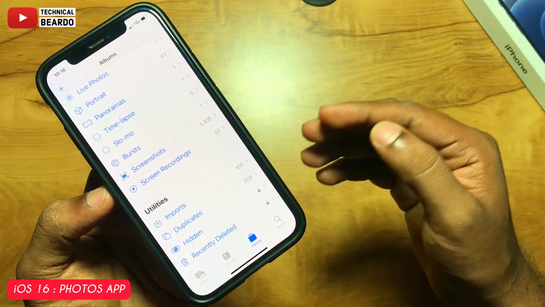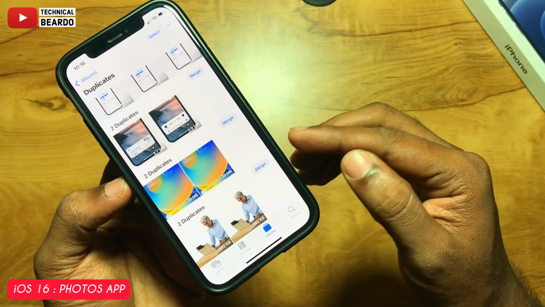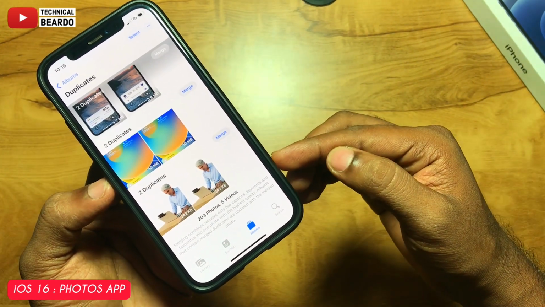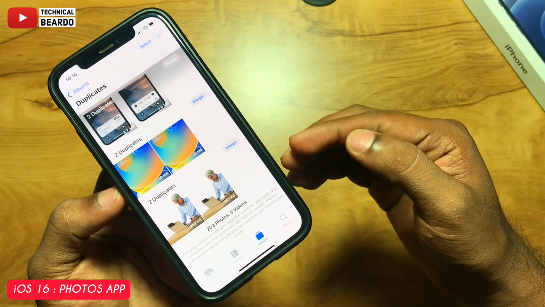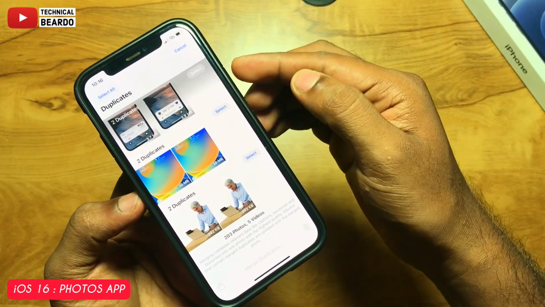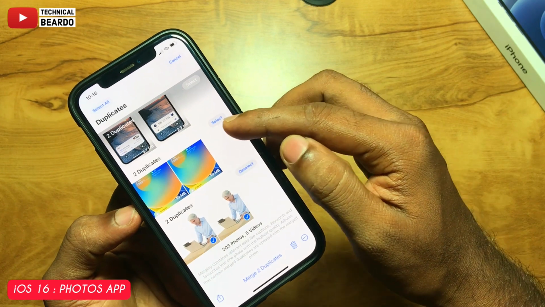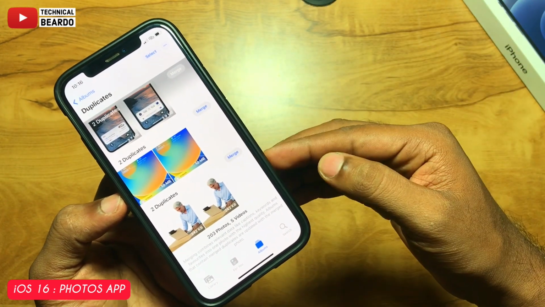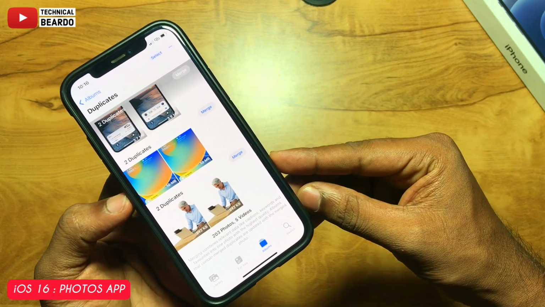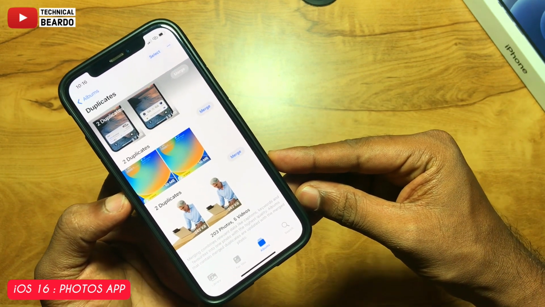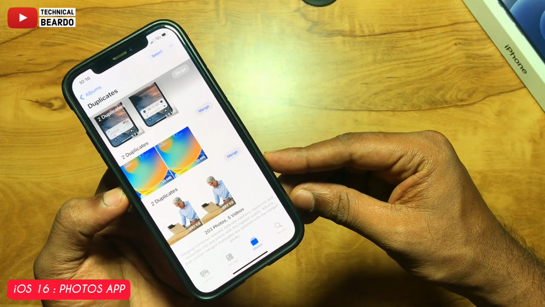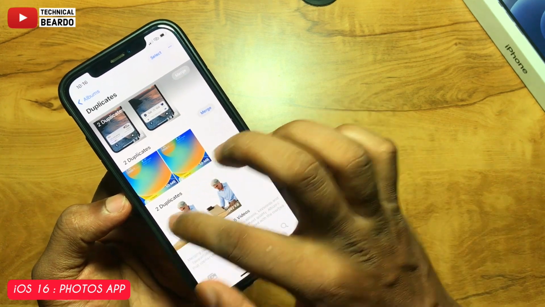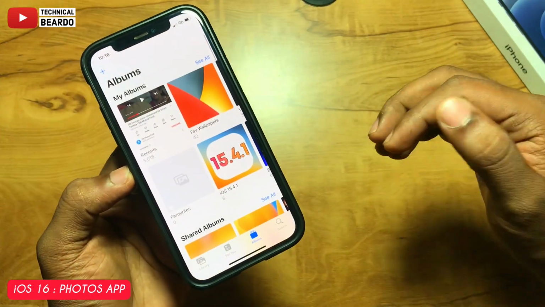The next feature is the duplicate photos album. It's really useful because as iPhone users, we try to click multiple photos of the same object or the same angle to get the right one. In that process, we end up with the same photo multiple times, so they become duplicates. But don't worry, this new feature will show you the duplicate photos on your iPhone, and you can keep the best one, or you can merge them and delete the rest. It's a really cool one in this new update.